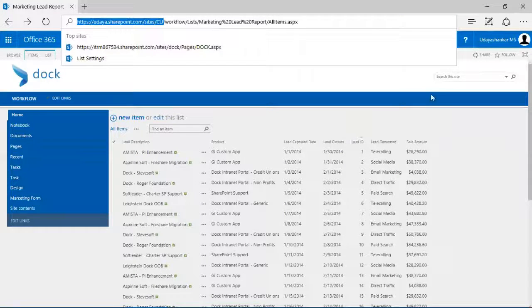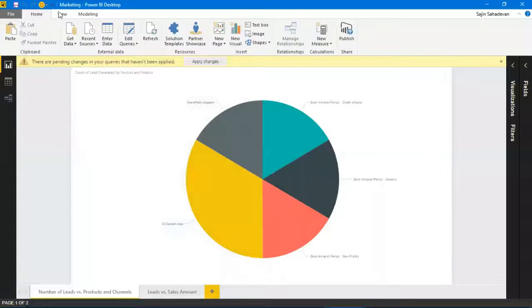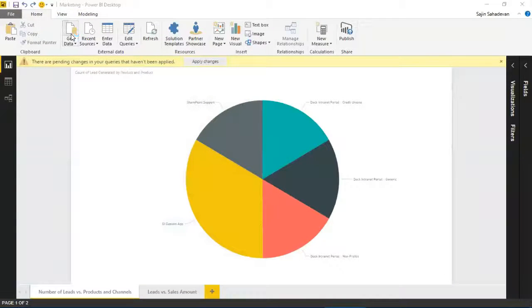And then the next thing I need to do is go to my Power BI. You can download the desktop version. That's very important. So basically you have to go to your Power BI desktop version, and what you need to do is click on Get Data,